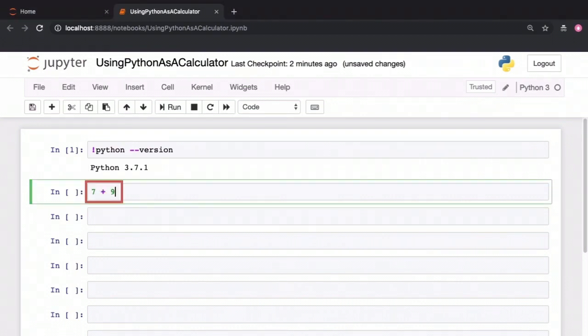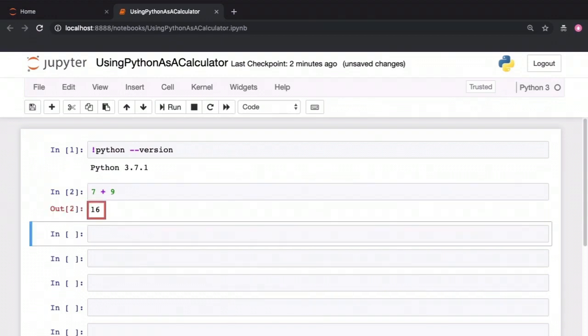Let's type in some simple Python code. I want to calculate 7 plus 9. So I simply type in 7 plus 9 and notice that when I hit Shift Enter, I get the output here right on screen within my browser window. The result is 16. Even though you aren't using any Python specific commands, what you've actually executed is a bit of Python code. When you hit Shift Enter, the notebook computed the result of this plus operation and displayed the result within your browser window.